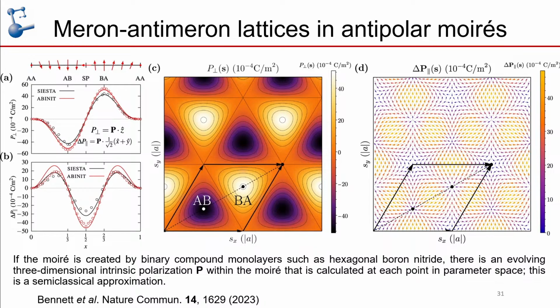And what you have here is a moiré made out of a binary material. It's a hexagonal boron nitride bilayer, okay? The material is binary. It gives rise to intrinsic electric dipoles that fluctuate within the moiré, and that fluctuation is what they call a meron, anti-meron structure that you can see in this figure. So this is the in-plane intrinsic electric dipole, and this is the out-of-plane component. So the vector basically winds about in this kind of peculiar way,